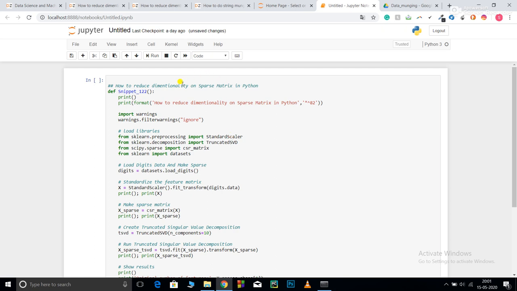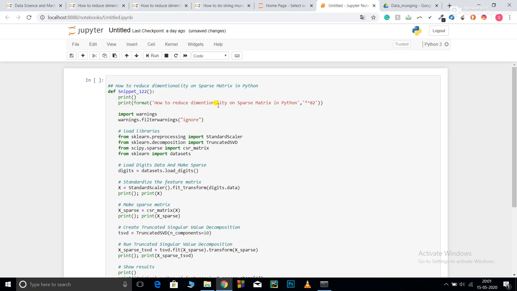And why do we need to reduce the dimensionality? Suppose we are making a document word co-occurrence matrix. Document A has 100 words, document B has 70 words, and document C has 80 words.